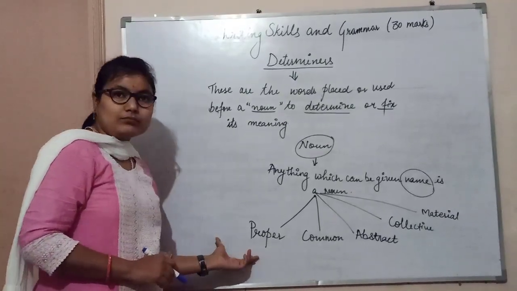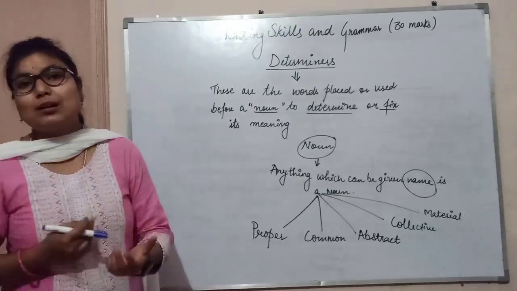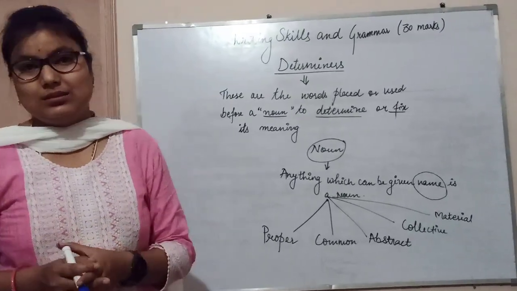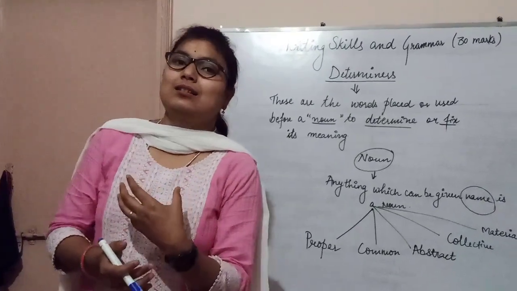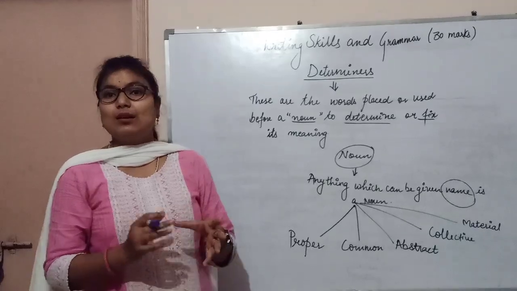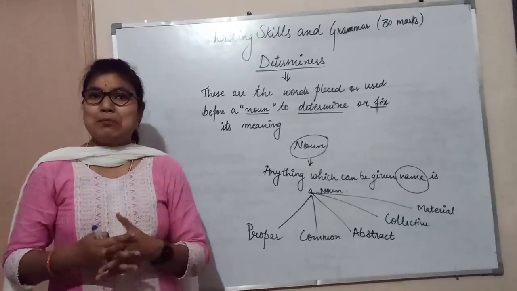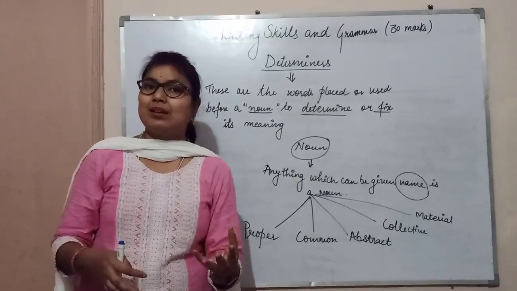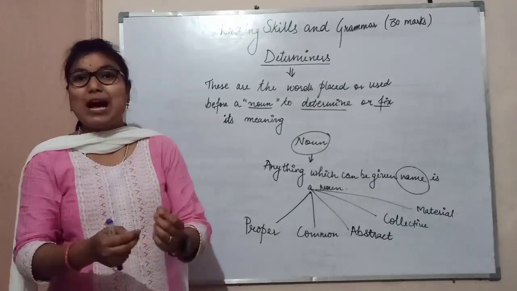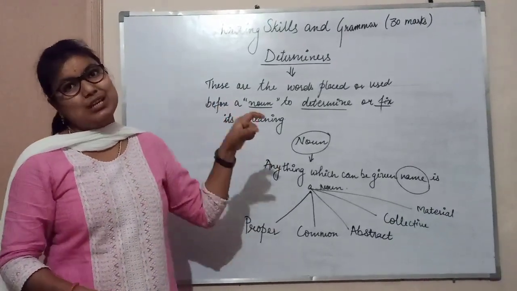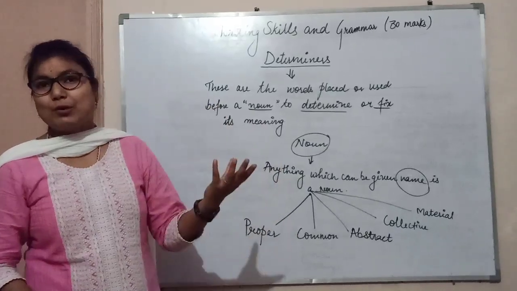Proper noun. This is the name of a person. I am speaking about the name of a person or place which are unique or which have unique identities. For example, my name is Deepika. There are many Deepikas, but not like me. So I have a given name, a unique name. So my name is a proper noun, or I am a proper noun.